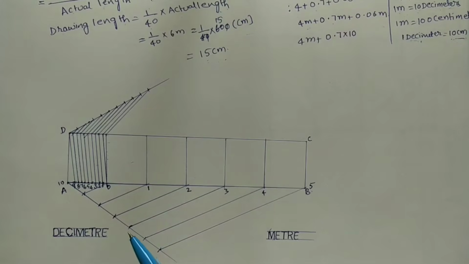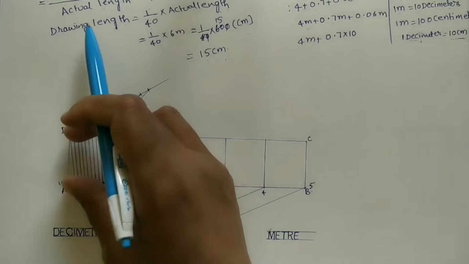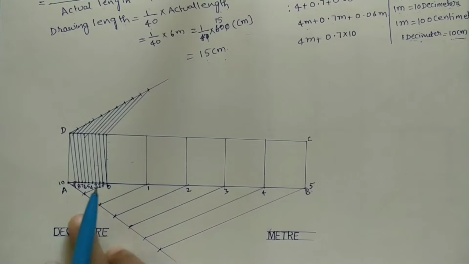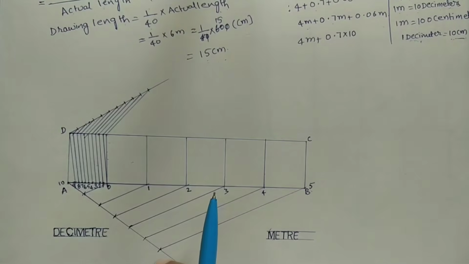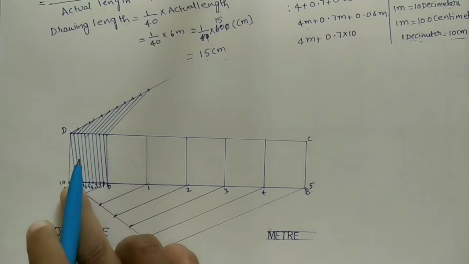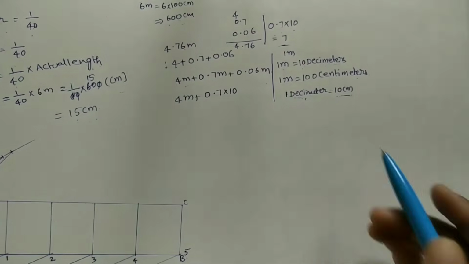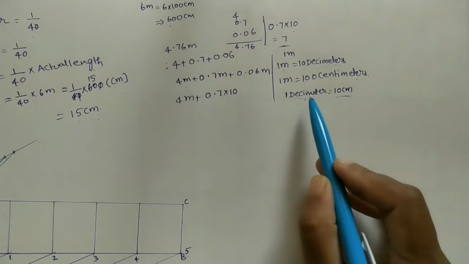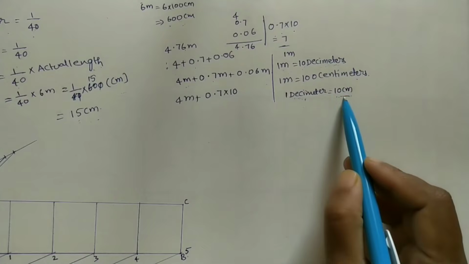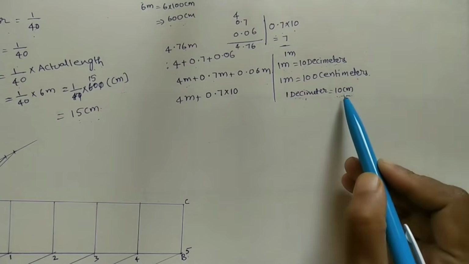Now we need to read centimeters also in the same scale. Okay, what I am taking? I am taking this width as 1 decimeter. Whatever units are there, I am taking the same one box here, a 1 decimeter box. We have to divide this box. 1 decimeter is equal to, always remember, 10 centimeters. Deci is 10. So divide this 1 decimeter box into 10 parts. So each part is 1 centimeter.